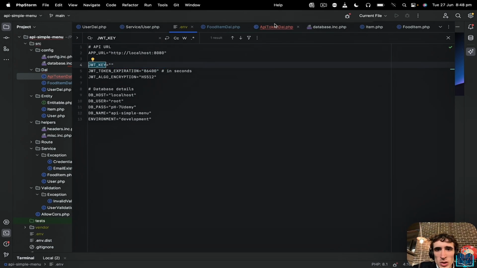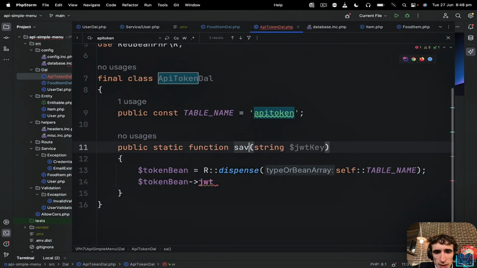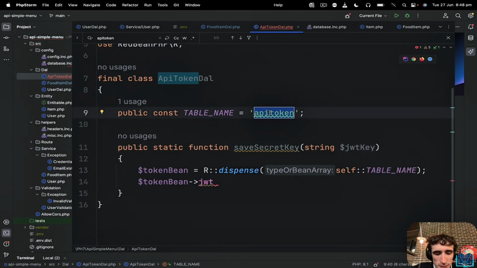We'll just do save secret key. Yeah, sorry, my bad. And here API token, JWT key or token, API key, JWT keys. Let's change the name to this,